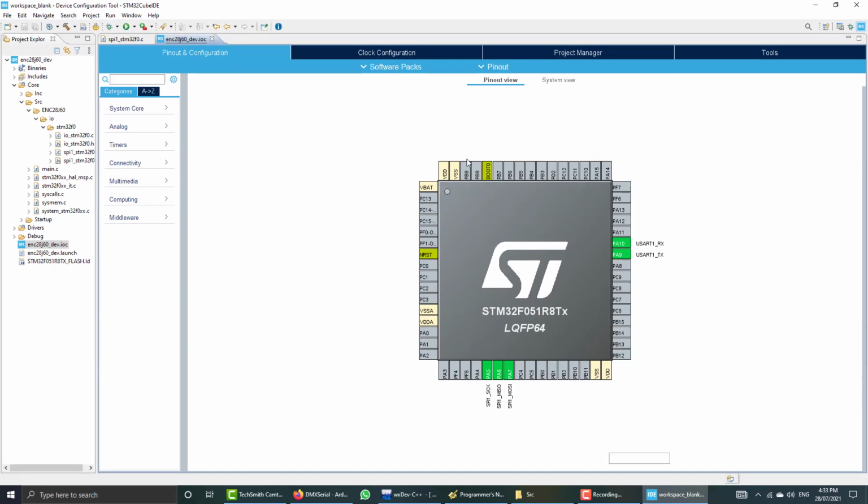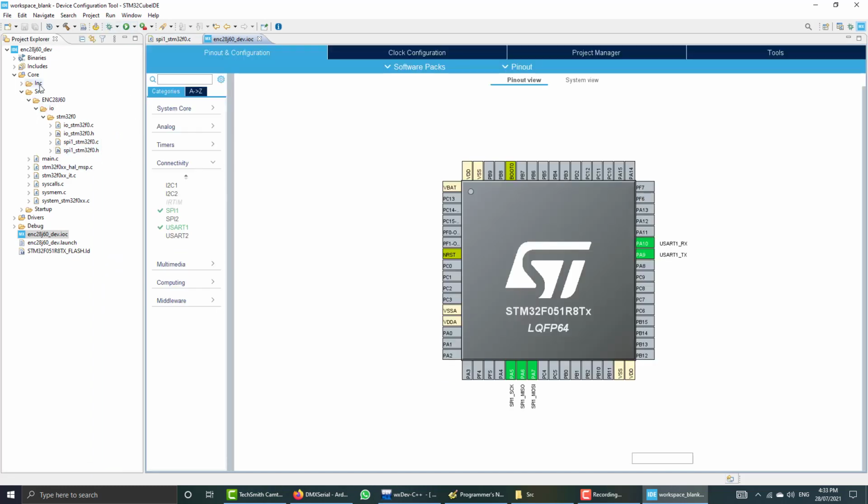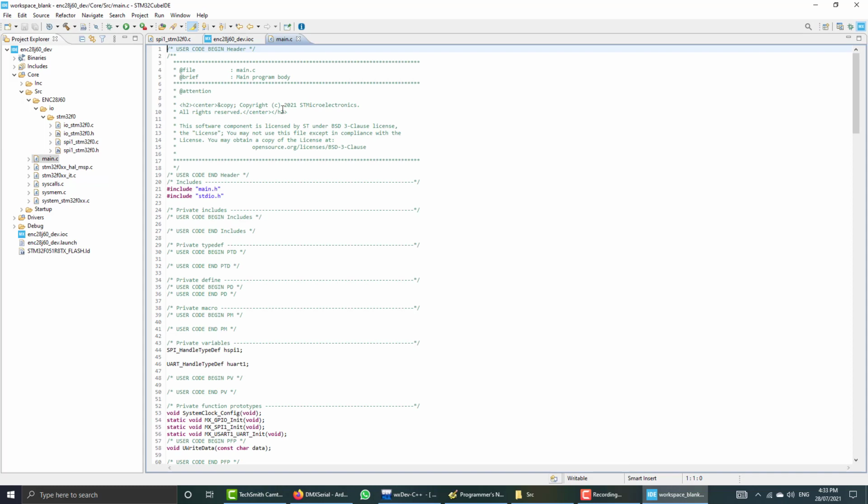In the earlier video I used this STM32 Cube graphical configuration tool to configure our SPI. I have already configured it, and when we generated code, it generated the function static void MX_SPI1_Init here in our main file.